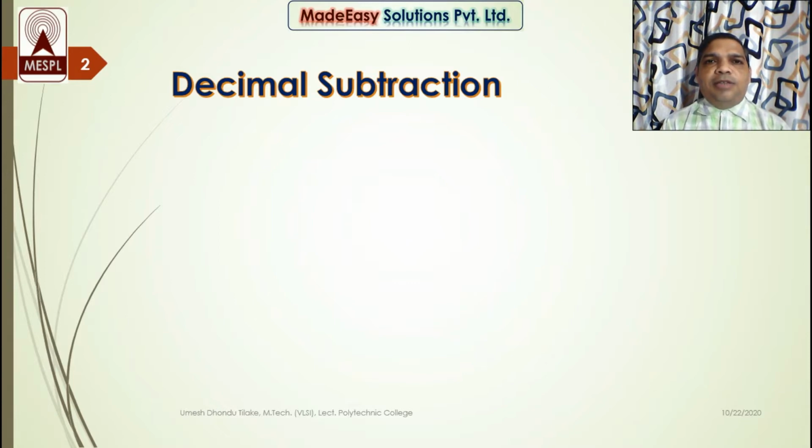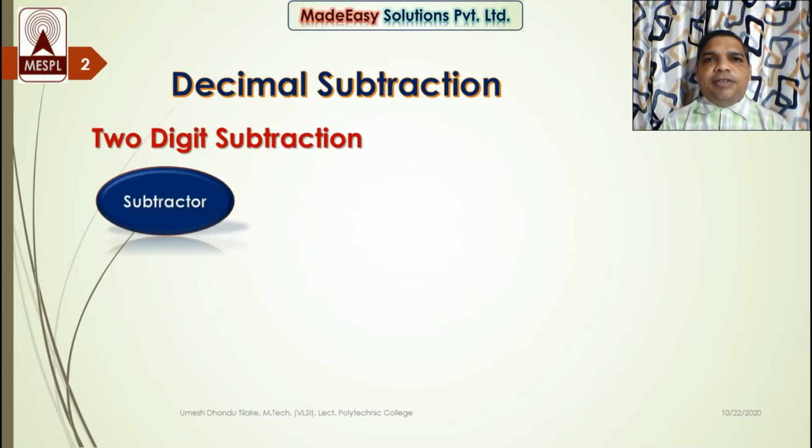Now, as we have seen in the lecture on addition, when we add two numbers, we actually add them digit by digit. That is, we start the operation from the LSDs. Very first, the LSD of the addend is added with the LSD of the adder. Similarly here, subtraction is also done digit by digit. So first we will learn the basic concept of subtraction, which is a two-digit subtraction.